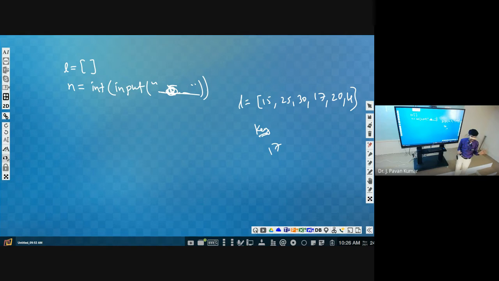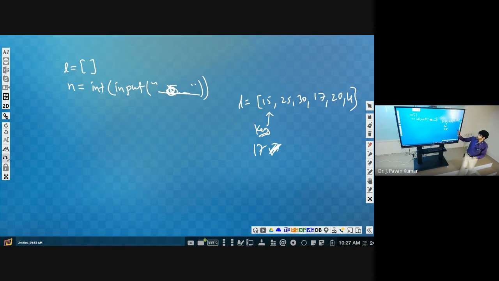Whether this key is present in this list or not, you have to check. That is a searching problem. How we do it manually, that only you bring out. We scan all these values. Before I give the key, if I ask whether the key is present in this or not, you cannot say. But if I give the input as 17, then immediately you search whether 15 is equal to 17 or not. If it is not, we go to the next one, and the next one, until we find it or until the list is exhausted. If the list is exhausted, then we can say the key is not present.